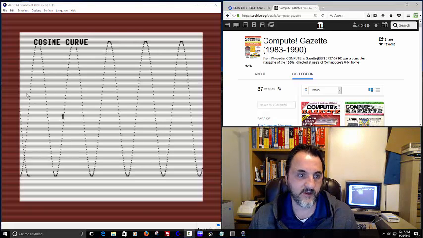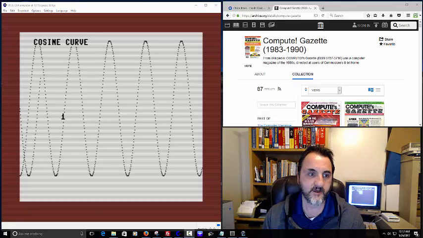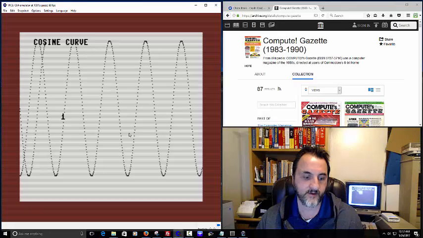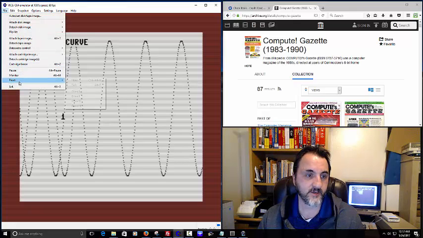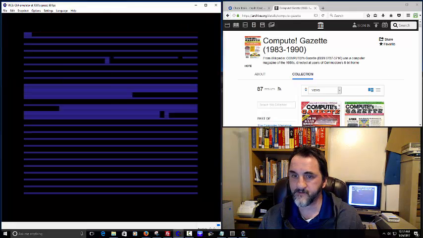It just writes cosine curve, and it plots a 1 on the screen, and it's just redrawing the cosine curve again. And once again, if I stop it here, which I hope I can, they had turned off the brake key again for some reason. Yeah, whatever. Love you too. Okay, so we just reset since I can't get into it.